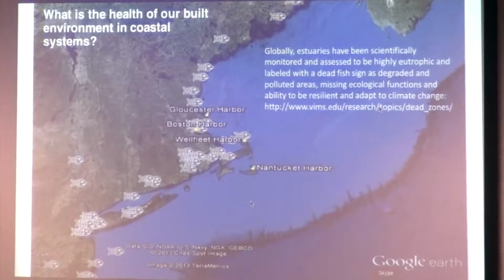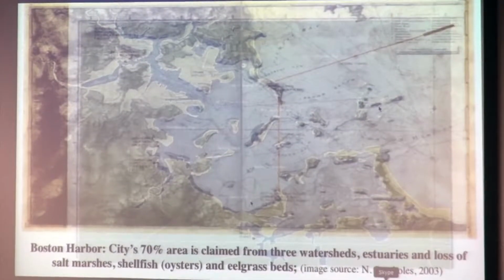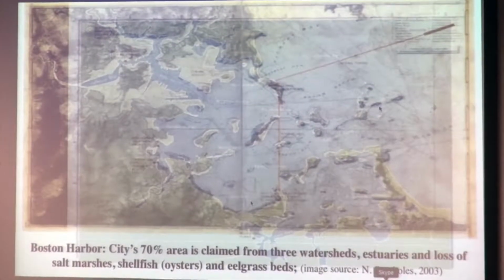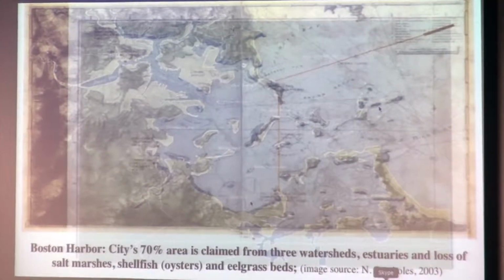And that's something that is close to my heart, because for 12 years that I've been living in Boston and working at UMass Boston, I had an opportunity to work with a lot of local communities, with all three watersheds, Neponset, Charles, and Mystic, and of course befriended oysters that totally disappeared from this area. I will show you just a little tiny story of how my students, the local community, and I are trying to bring them back. And not only alone, because oysters cannot survive without salt marshes, other shellfish species, and eelgrass